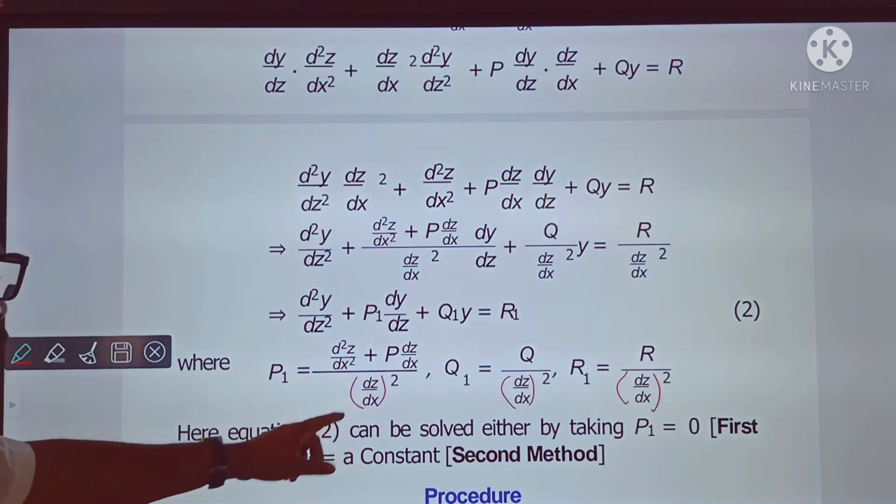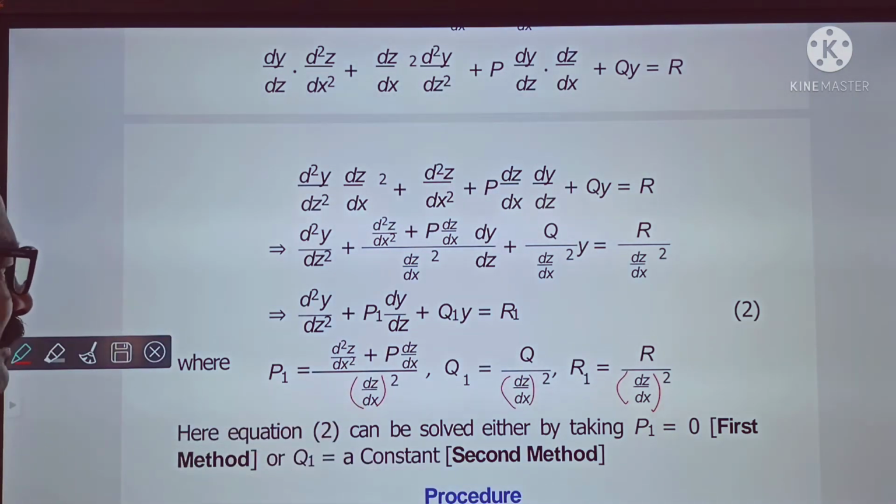So here equation 2 can be solved either by taking p1 0